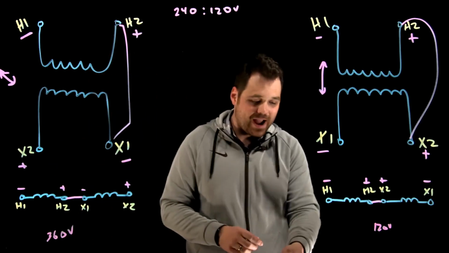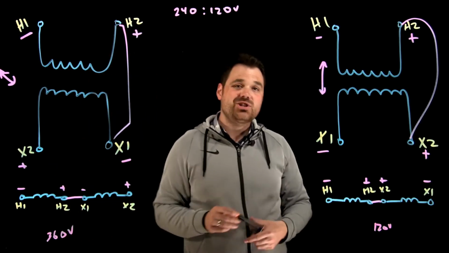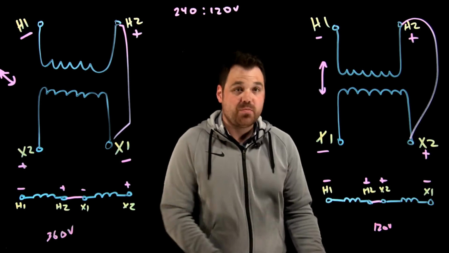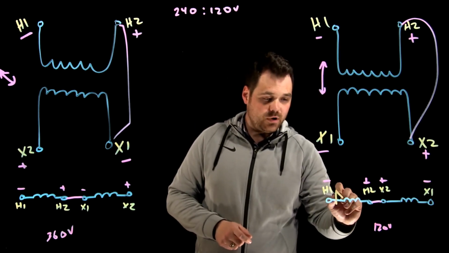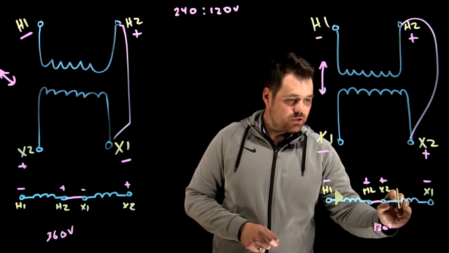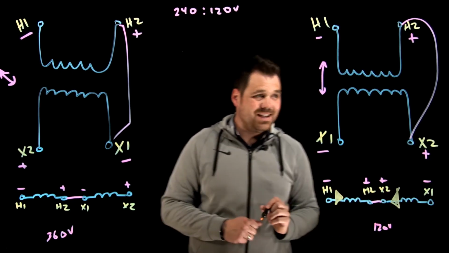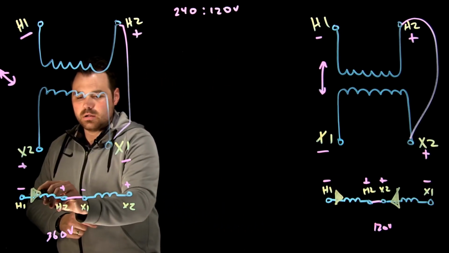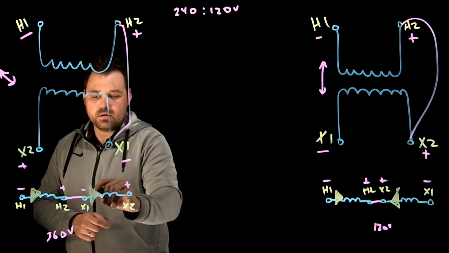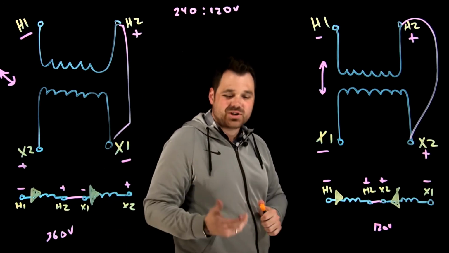So they are subtractive, and it has to do with the direction the current is flowing. When I apply my source voltage to the primary, right, current flows negative to positive, so those are flowing against each other. They are opposing each other, whereas here, they were flowing with each other in the same direction.